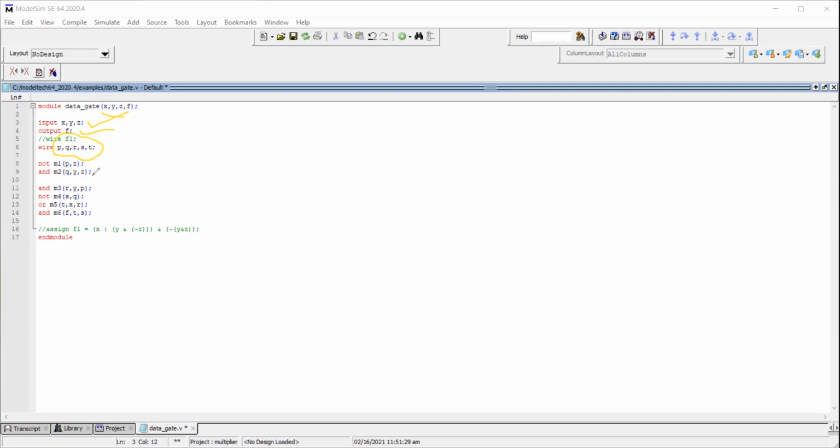So in the previous tutorials, I explained how to use the predefined gate level abstraction model. So here, for z, I need to get the z bar. What is the expression we assumed? F equal to x plus y into z bar, into yz whole bar. So first I need to get the z bar. For that I'm using the NOT gate, m1 of p comma z.